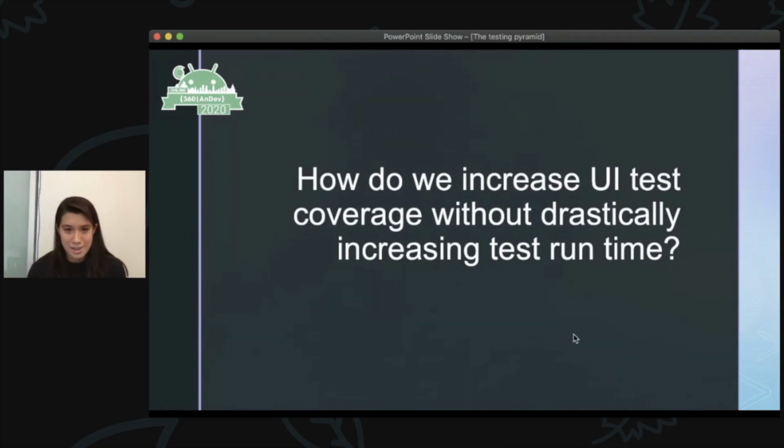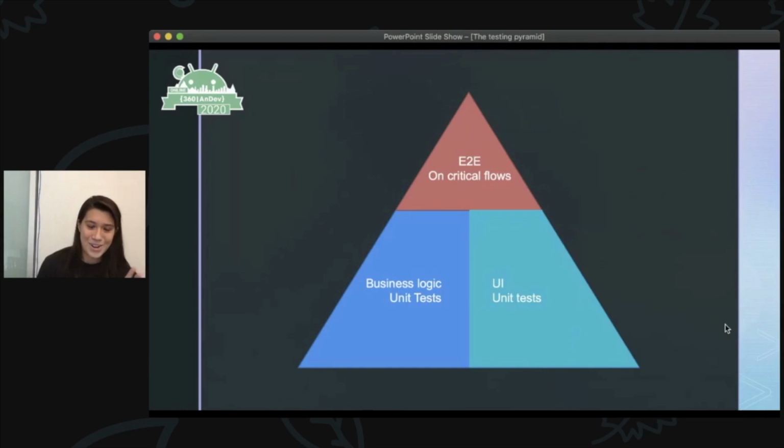So I present my take on the testing pyramid, and I felt like I kind of had to force it into a pyramid shape. It looks kind of funny, but end-to-end tests on critical flows, I put at about 20 to 30%-ish, and then traditional business logic unit tests, 30 to 40%-ish, and then something called UI unit tests being the remaining 30 to 40%.